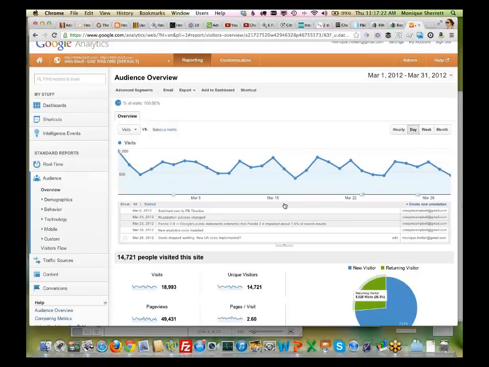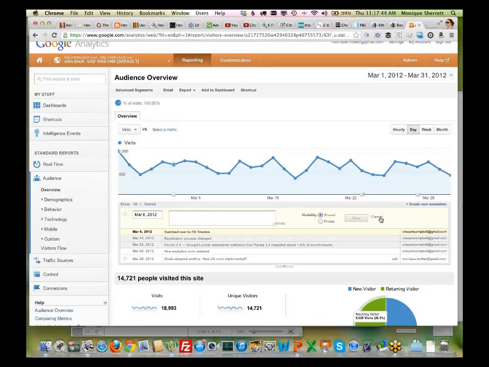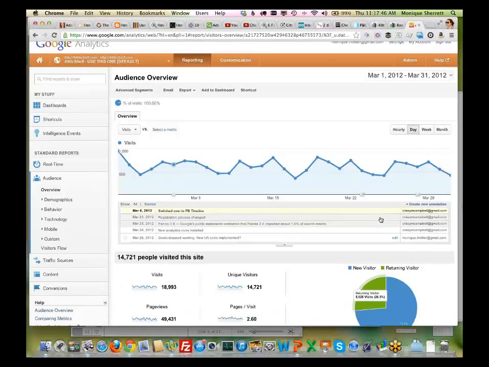So your Facebook page, if you had a Facebook page and you were actively engaged with your audience there, Facebook made a really big change. I created an annotation for that. You just have this little create new annotation. I created the annotation because I wanted to be able to see in the analytics, did that affect my Facebook traffic? So when we look at traffic sources in a couple of minutes,